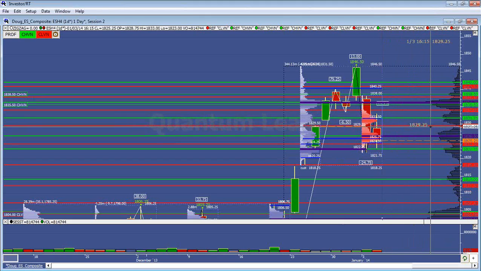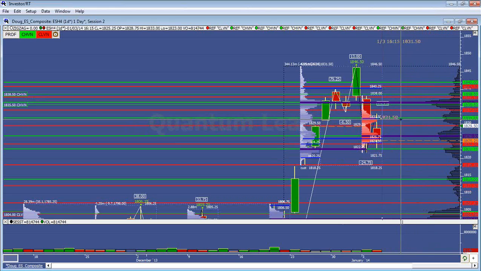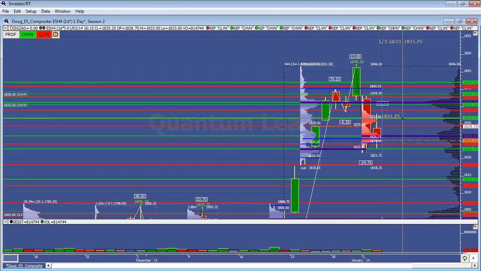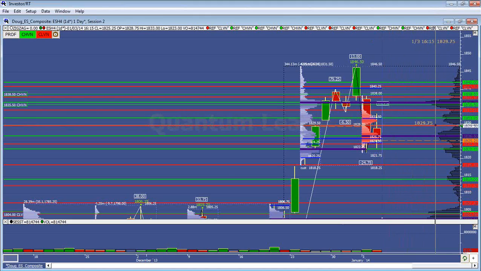But if we get above this 29.50, I'd look for a test of the value area high for the 2-day microcomposite up here at 1830. I believe the value area high for the Friday session was 30.75. So you've got 31.50, 30.75, 31.75, all right there. If we can get above 29.50, I'd look for a drift up there and a test of this area,